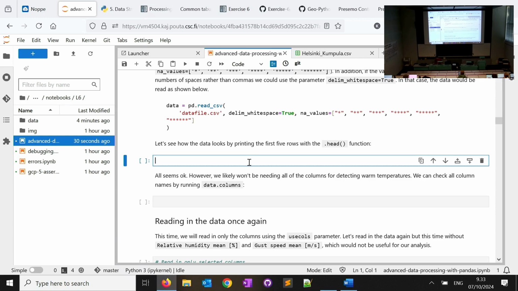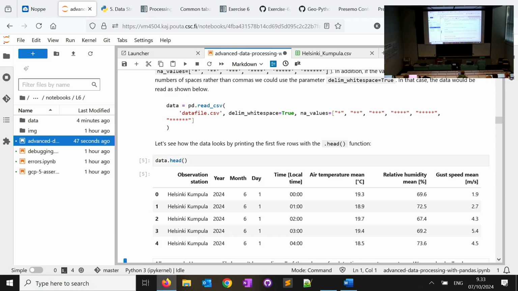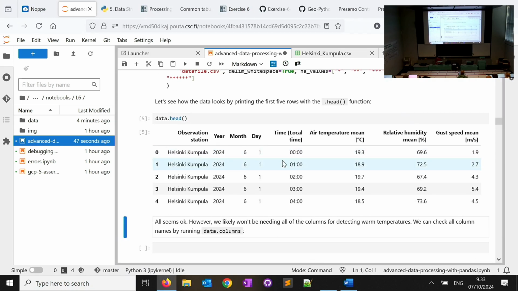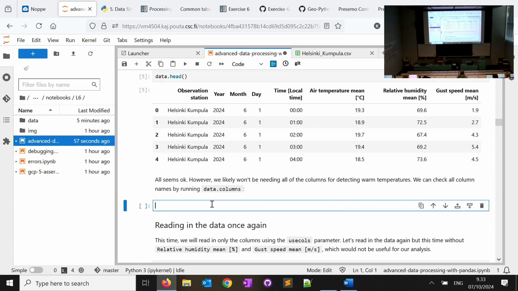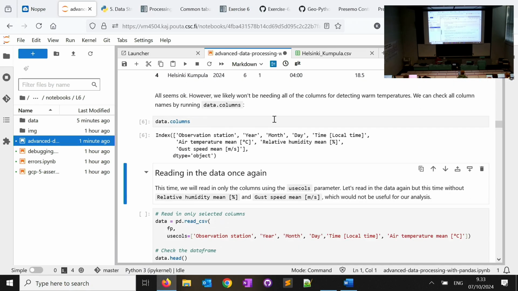Now we are going to explore our data. It's a good habit. We already saw that one handy way of taking a quick look at our data is using the head function. So I'm going to run this and take a quick look. Nothing new here, we already looked at the CSV file. Let's also look at what columns we have in our data. Again, as a reminder, we can do this with data.columns. And here is the list of the columns available in our dataset.